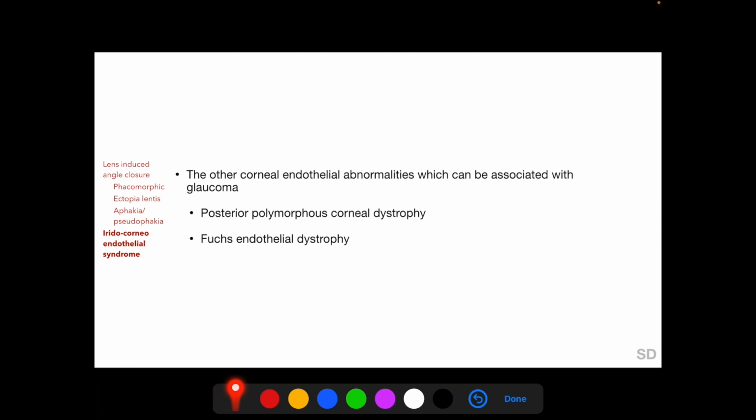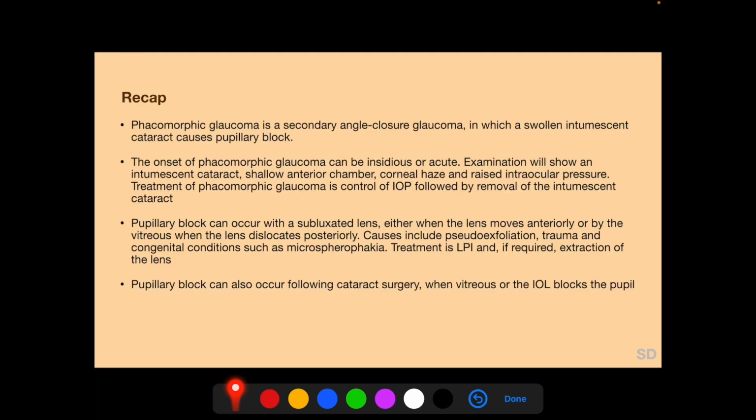with primary open-angle glaucoma. To recap the salient points, phacomorphic glaucoma is a secondary angle closure glaucoma in which a swollen intumescent cataract causes pupillary block. The onset of phacomorphic glaucoma can be insidious or acute. Examination will show an intumescent cataract with shallow anterior chamber, corneal haze, and raised intraocular pressure. Treatment of phacomorphic glaucoma is control of intraocular pressure as early as possible, followed by the definitive treatment of removal